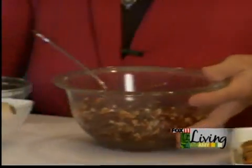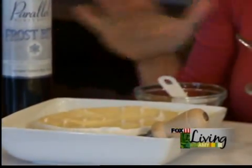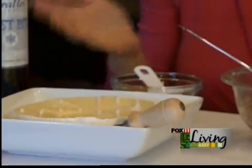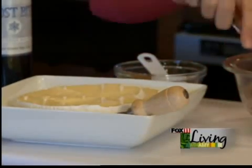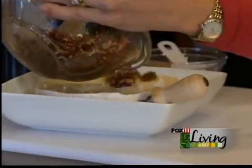And then what I have here is a 1-pound wheel of brie. I've already cut the top rind off of there. You don't have to do that, but the reason I do that is it really allows the flavors of the pecan mixture to meld with the cheese. And all you do, once you mix this up, is you pour it right over the top